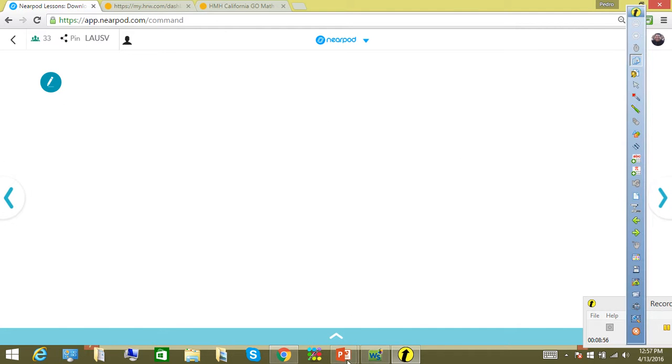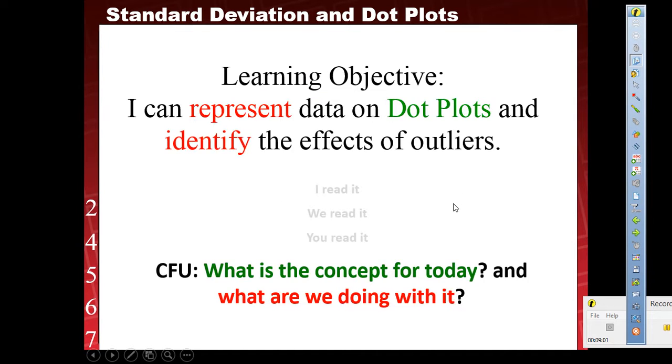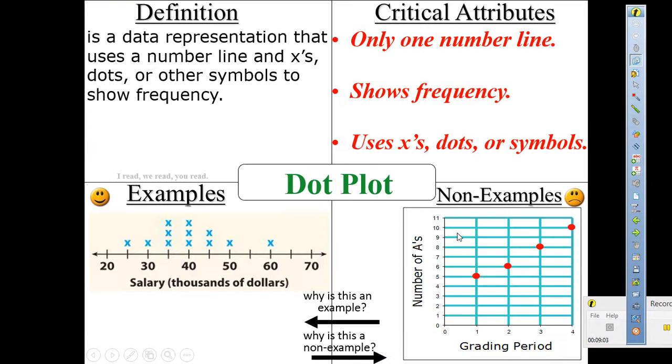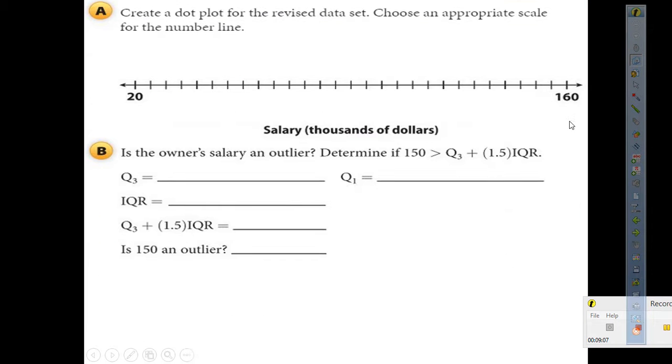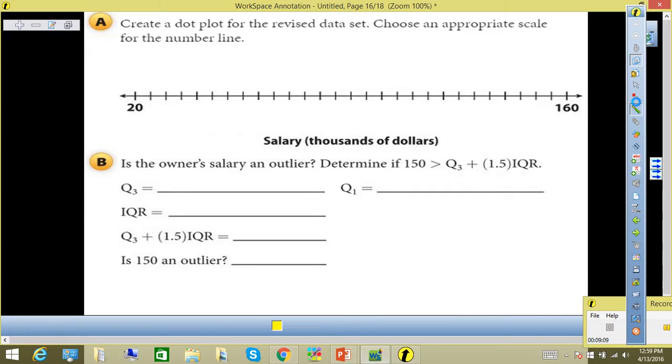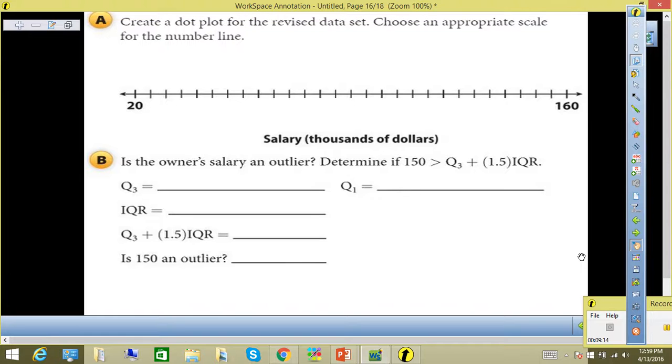Lock your toolbar. All right? Is everybody there? All right, so to get us on the same page,